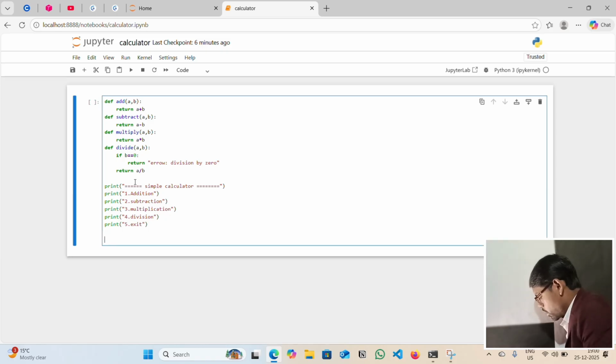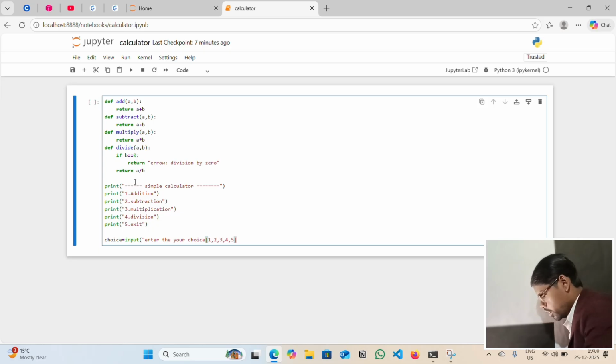We'll use input so the user can choose. Enter your choice, 1 comma 2 comma 3 comma 4 comma 5.